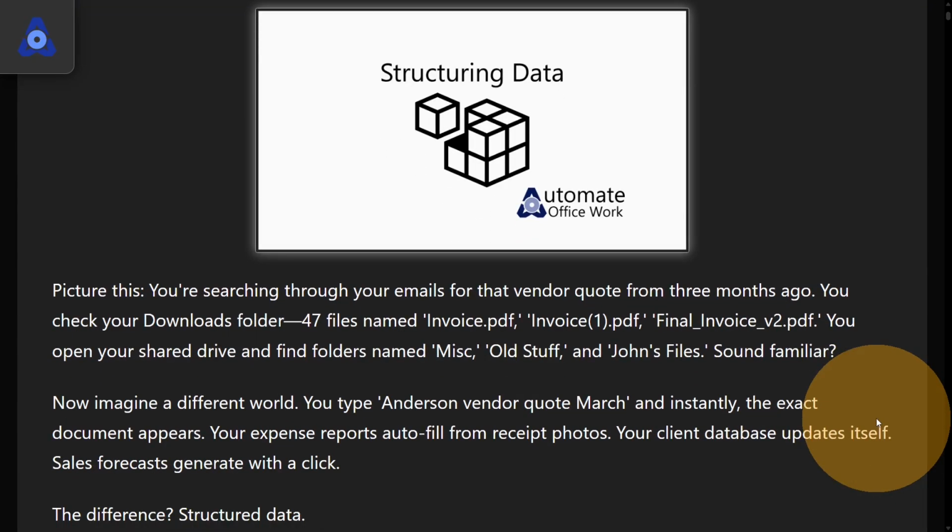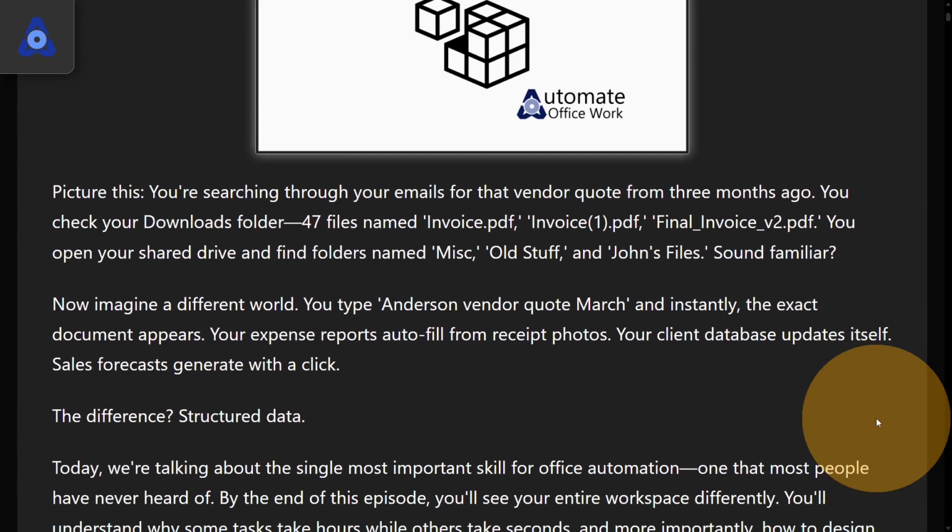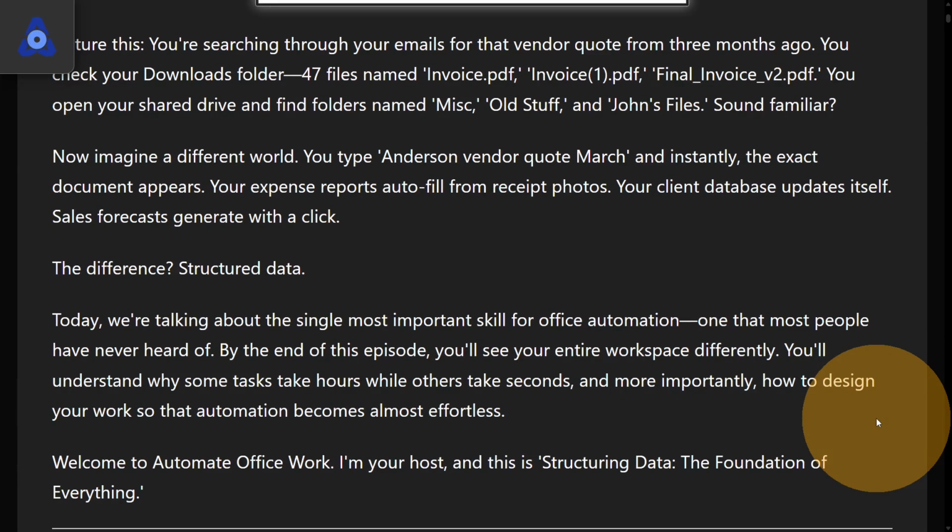You type Anderson vendor quote March, and instantly the exact document appears. Your expense reports autofill from receipt photos. Your client database updates itself. Sales forecasts generate with a click. The difference? Structured data. Today we're talking about the single most important skill for office automation, one that most people